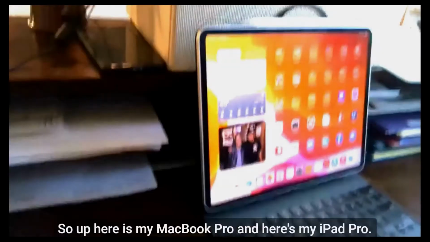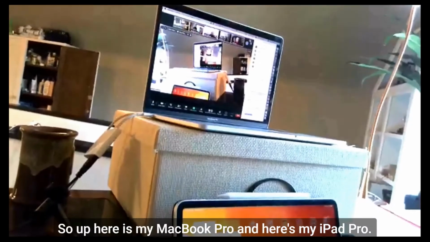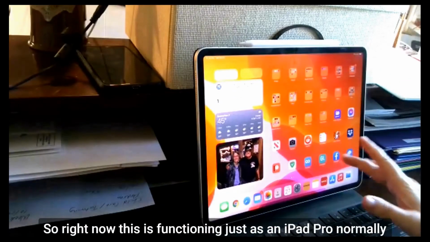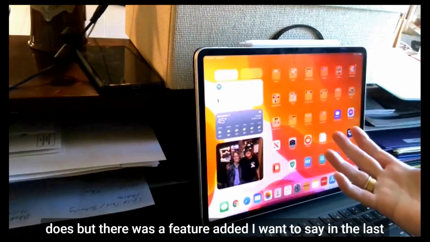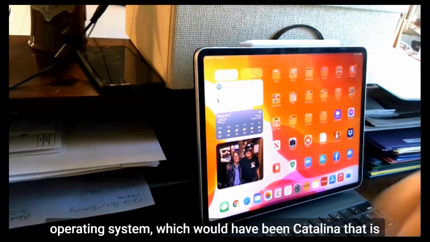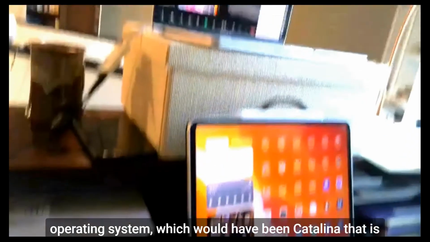my iPad Pro that I showed you last time. Okay, so up here is my MacBook Pro, and here's my iPad Pro. So right now this is functioning just as an iPad Pro normally does. But there was a feature added, I want to say in the last operating system, which would have been Catalina,